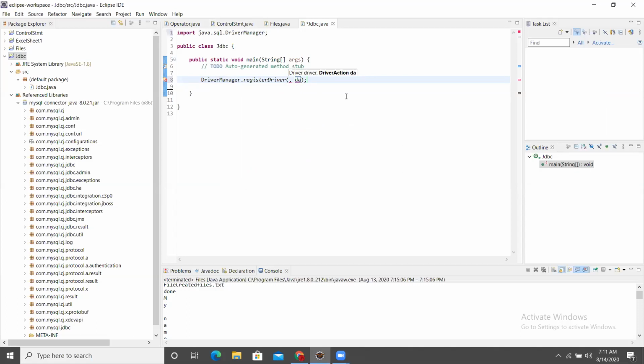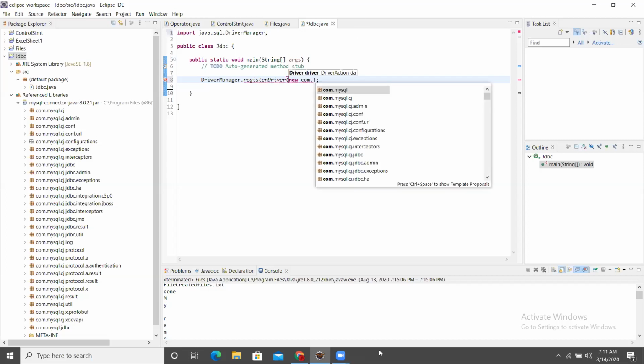Type new, space, com dot. The driver class name, you know the driver class name which I told you: com.mysql.cj.jdbc.